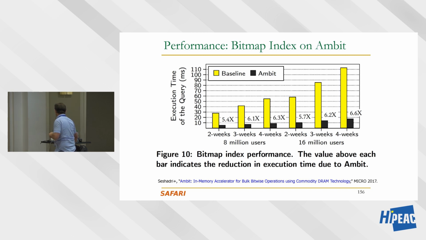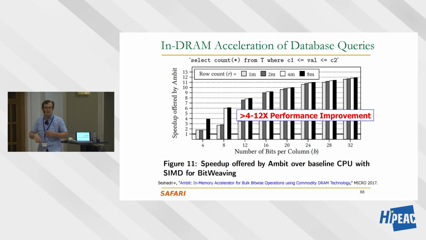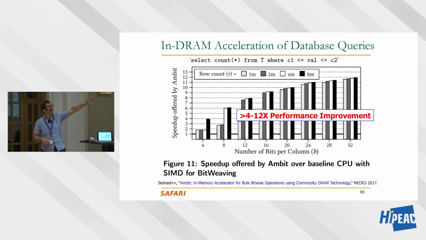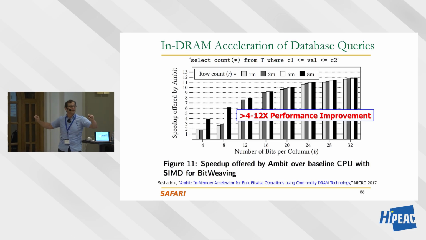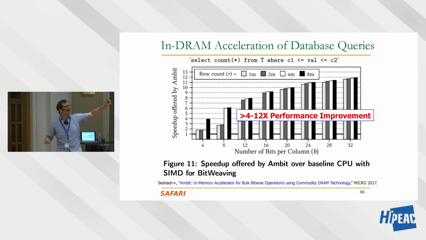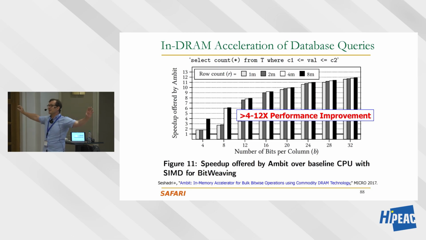In fact, one of the databases is called BitWeaving database. This was designed at the University of Wisconsin by Jignesh Patel's group. We took their database, and their goal was to actually maximize these bitwise operations because they wanted to accelerate these things in GPUs. And if you think about what we're doing, we're actually doing a block bitwise parallel operation, just like GPUs would do, except we're doing it in DRAM. We're exploiting the very high parallelism that exists in DRAM.